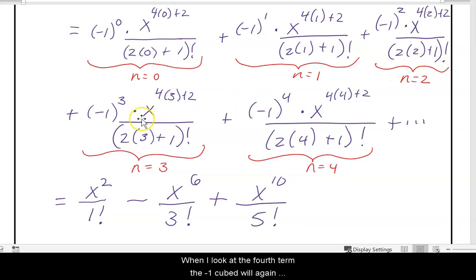When I look at the fourth term, the -1 cubed will again make it negative, and from now on I'm pretty confident it's going to alternate in sign. The power on the x appears to be increasing by 4 each time. When I plug in 4 times 3 plus 2 more, I do get 14, which verifies that that is the